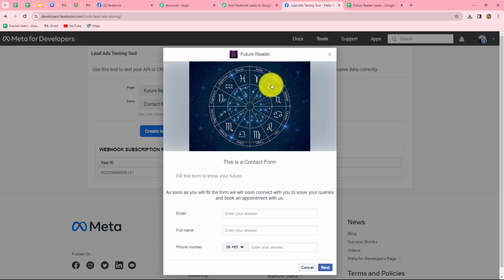This is a contact form for future reader page. Fill this form to know your future. As soon as you fill the form, we will soon connect with you to solve your queries and book an appointment with us. Okay, so basically I've created this form for generating the leads, and so as soon as